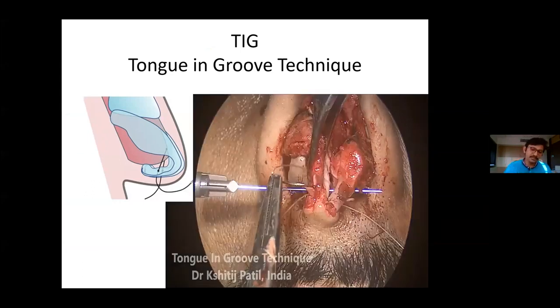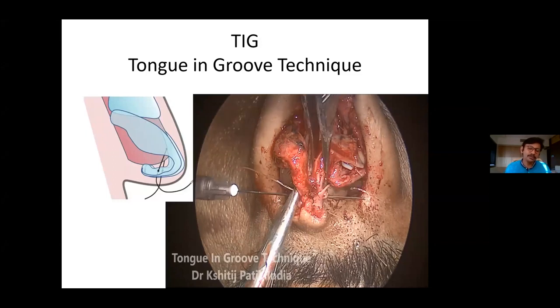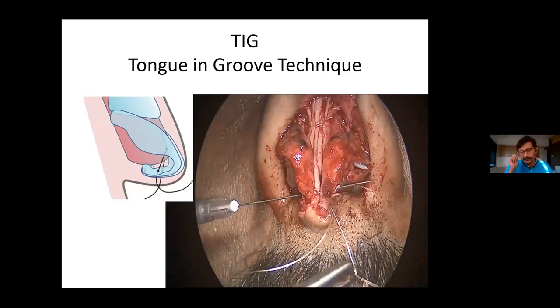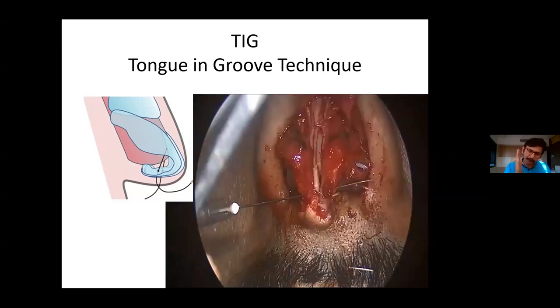But in this situation, whenever you want to use tongue and groove technique, you have to make sure that the caudal septum is absolutely in the center. It is absolutely fixed well on the top of the anterior nasal spine, and only then you can use a tongue and groove technique. If the caudal septum is deviated, it will deflect the entire tip assembly to one side. You must be sure that the caudal septum is absolutely in the center.